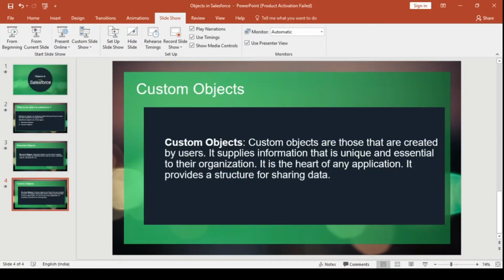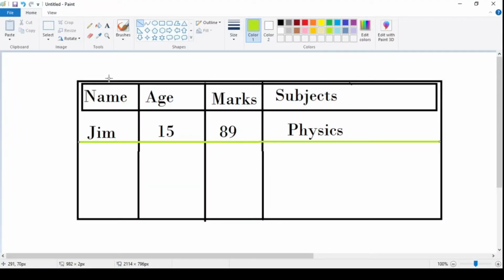Now I will demonstrate one example, for those who haven't understood the concept yet. This is your table. Let's say the name of this table is S1, or student, it can be anything. We only have to understand the main concept.